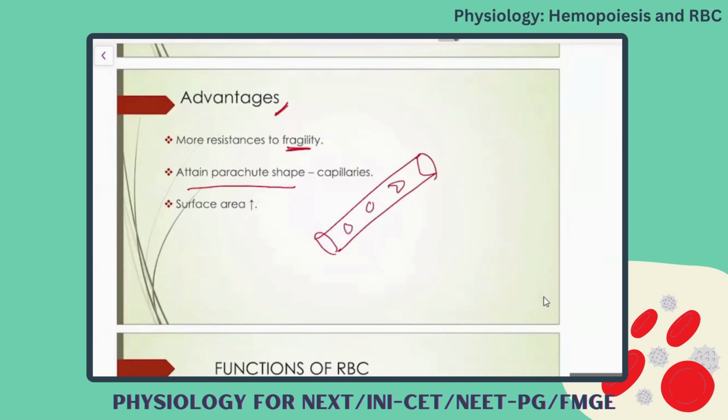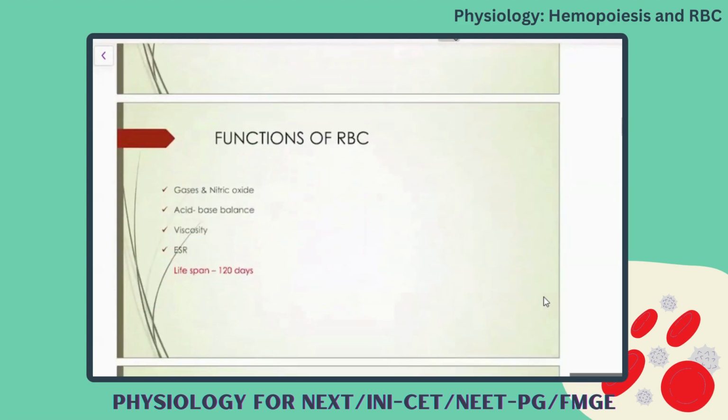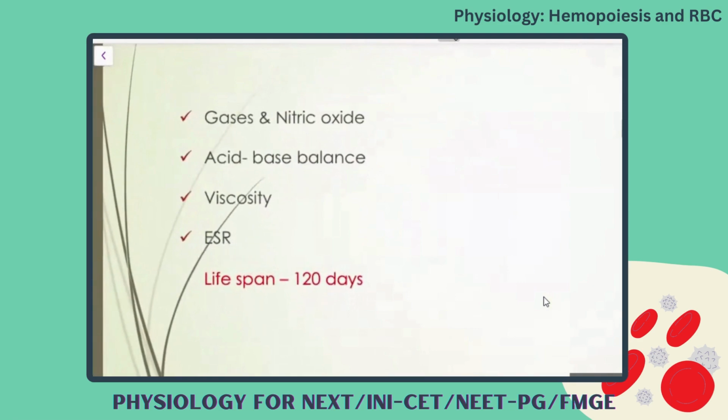Okay, so when the blood cells are flowing towards the blood capillaries, they attain the parachute shape. And because of the biconcave shape, there is increased surface area for the availability of the cells, as well as when it is present within the blood flow. Okay, clear? And the main important function of RBC is mainly in gas exchange, oxygen and carbon dioxide exchange,